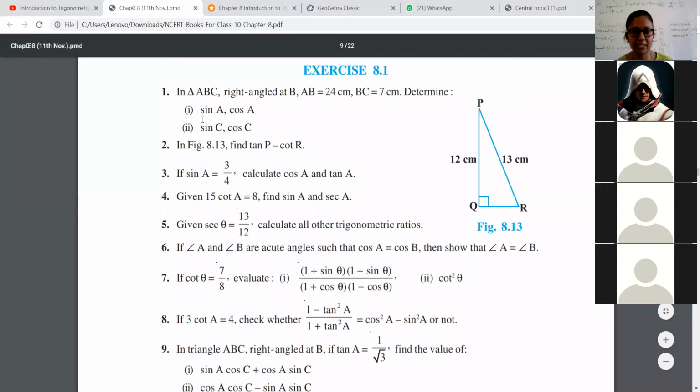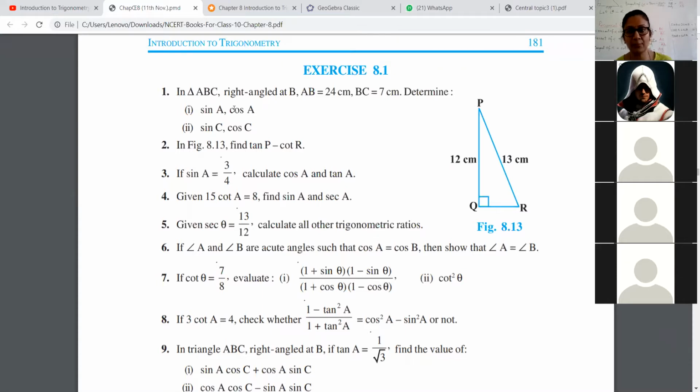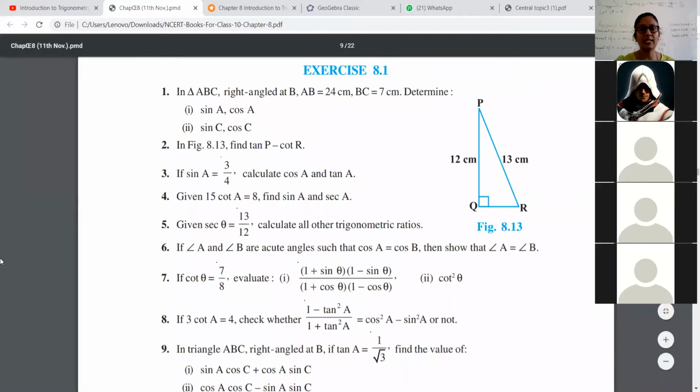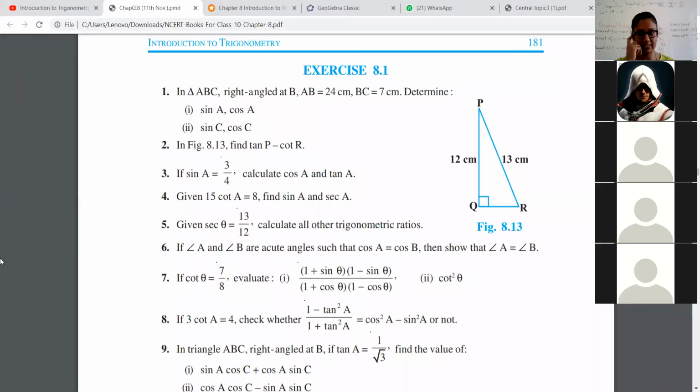Can you see why I was telling you all these abbreviations of sine and cos are on small alphabets? Please do not bring any caps at all anywhere. In trigonometry, please force yourself to remember that all the abbreviations of the ratios will be in small letters or small alphabets only. Only the angles will take the caps. So don't ever introduce any caps when you write the abbreviation. Is that clear?